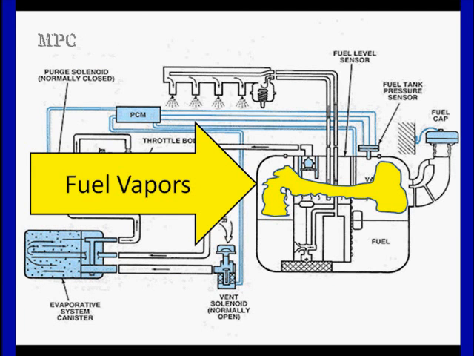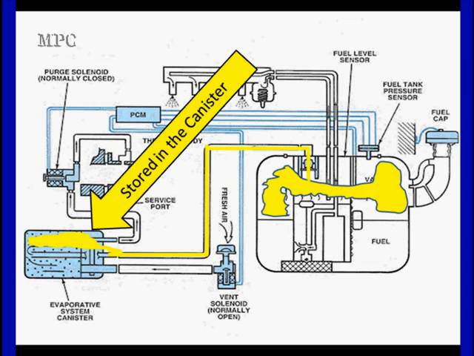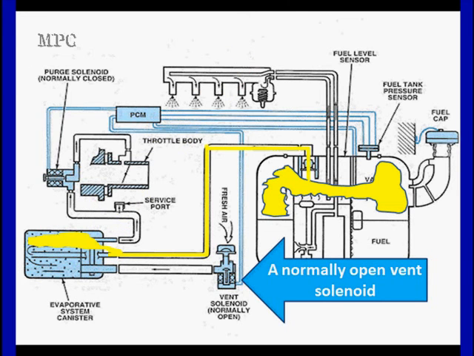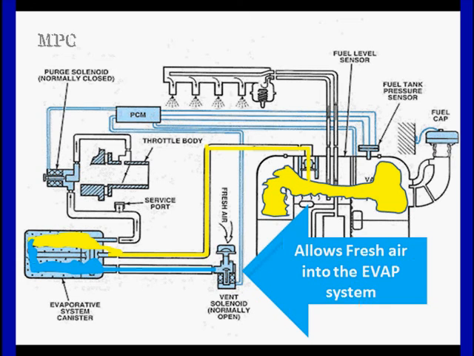What's going to normally happen is the fuel tank is going to build up vapors, and we'll show this roughly by our yellow here, and it's going to force its way into the canister to be stored in the canister. It's going to have to go through the canister out through the vent solenoid, which is normally open when the engine is shut off. Those vapors are absorbed by the charcoal in the canister. The normal vent solenoid lets it vent easily and will only be closed when we're going to be testing the system for leaks. It is going to allow the fresh air to enter the system when we decide to pull